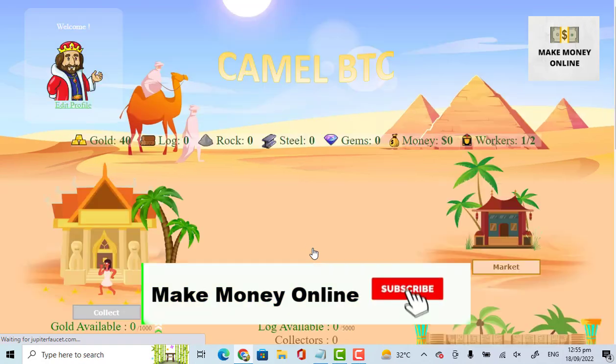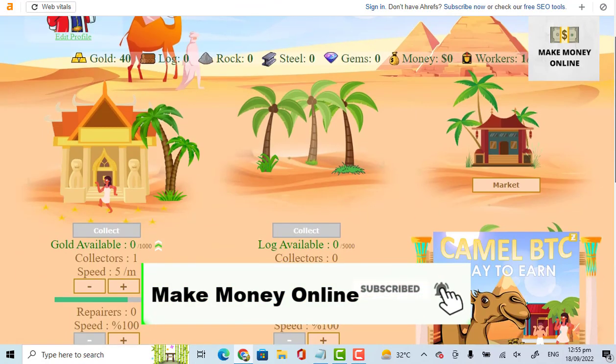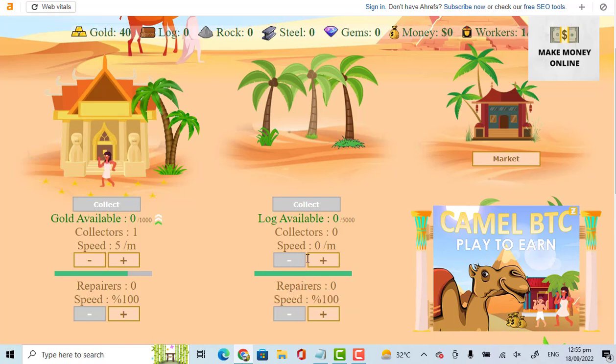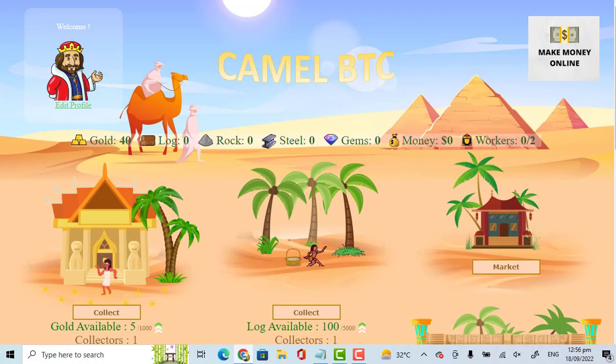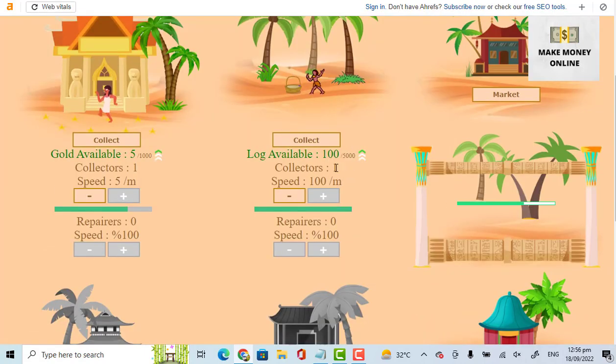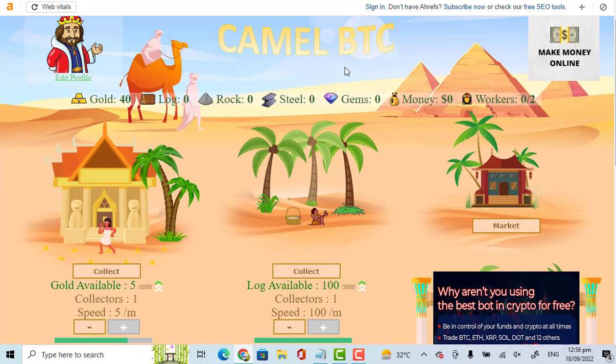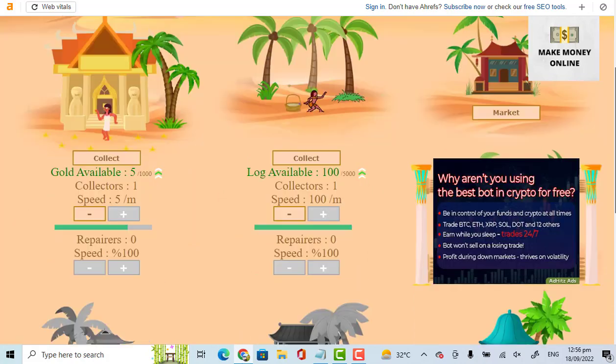Just go back and you will see another process started there, and we can also speed up this procedure if we want to. Let's click plus. Yeah, work started. Just like this, you will see a funny guy dancing or doing something. Just click go back, and yeah, logs available. So far I have 100. It has just started, and these logs can be collected from this